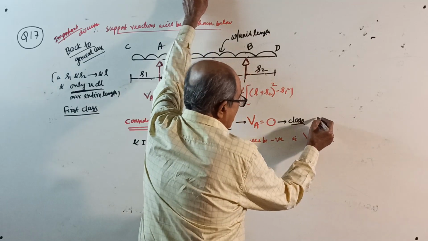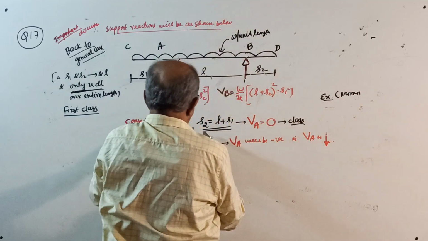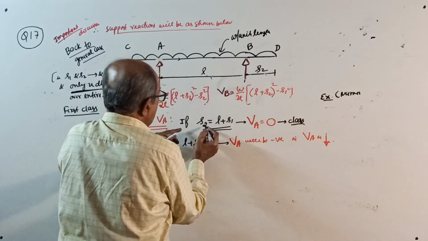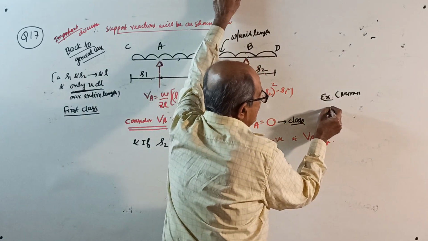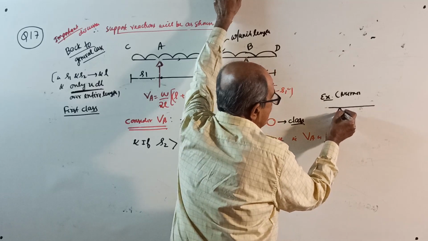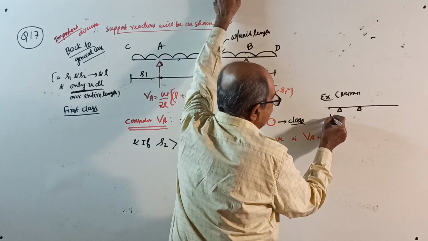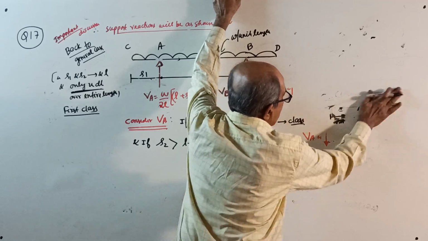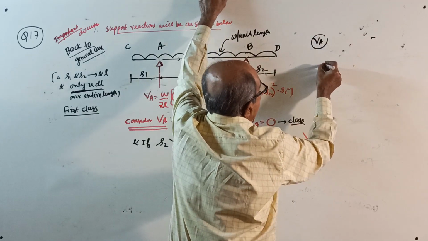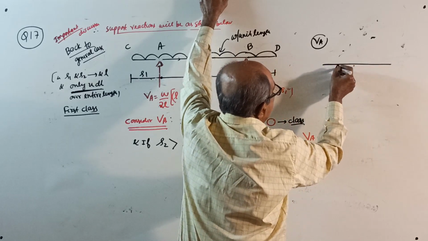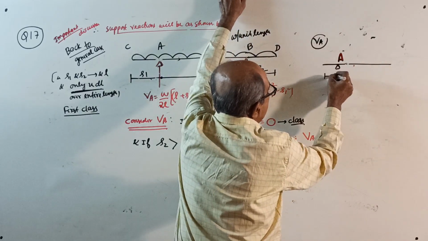VA is 0. I will give a numerical example for you. See here, what happened here? I told you S2 is more, L plus S1 lesser. For example, say 2 meter. Okay, I'll put it somewhere here. I'm discussing which one? VA. I'm discussing VA now. This is A. My discussion is VA. See, for example, 2 meter,